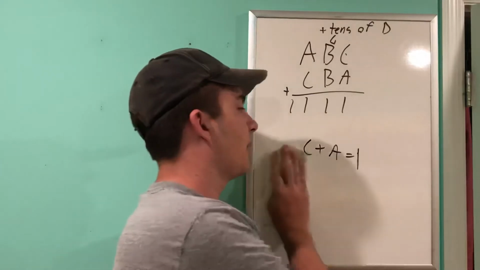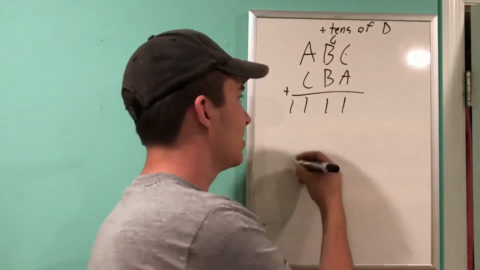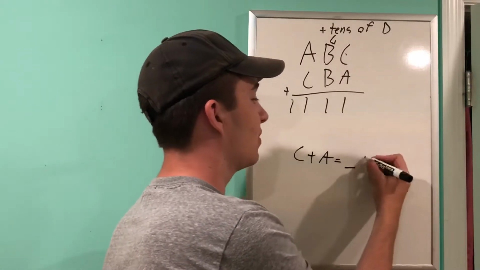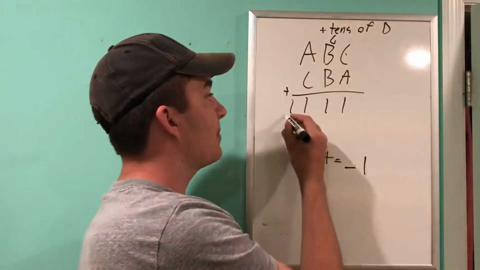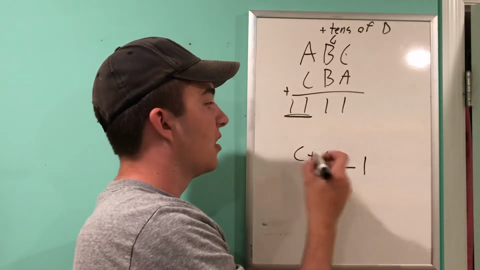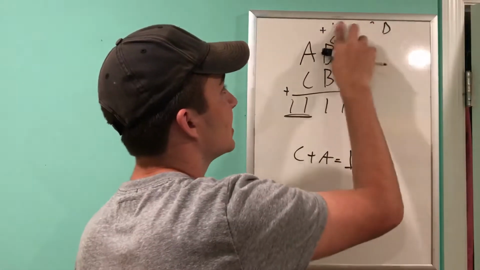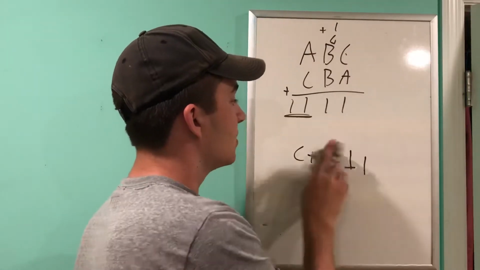So that means that won't work. But we know this is the tens of D. So C plus A is equal to something 1, because we add the tens of D there. And we also know A plus C is 11. So that means this has to be 11. So we put the 1 there, and that means this is plus 1. Plus 1, right? So now we know that